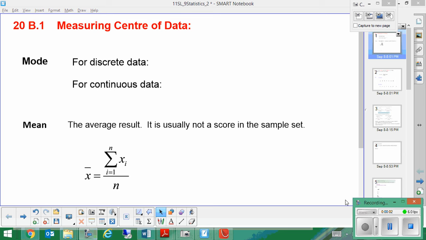Hello IB. We're now going to look at measuring the centre of data, the second part of statistics. The main ways you would have looked at before were mode, mean and median. So we're just going to go over those probably in a little bit more detail and using a lot of